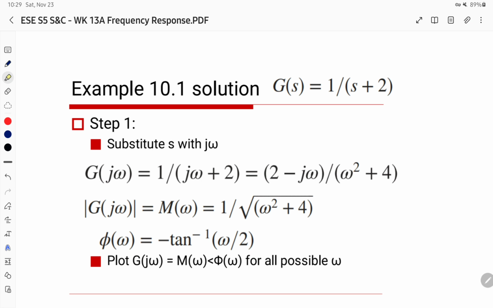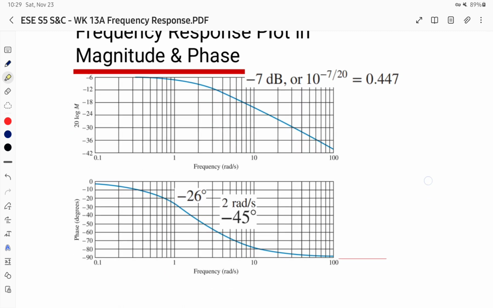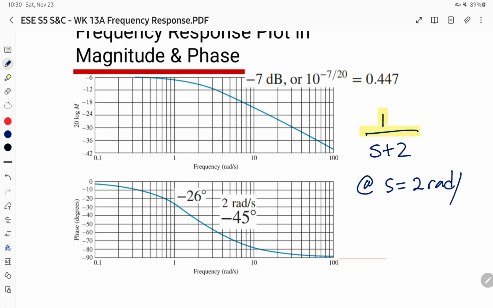So remember, this was 1 over s plus 2. So for 1 over s plus 2 at 2 rad per second, omega, not s, that is right here at minus 45, and if you look at it, that's 1, 2, so right here, and that is at minus 45 degree shift, and that is of your interest, and it happens to be the magnitude